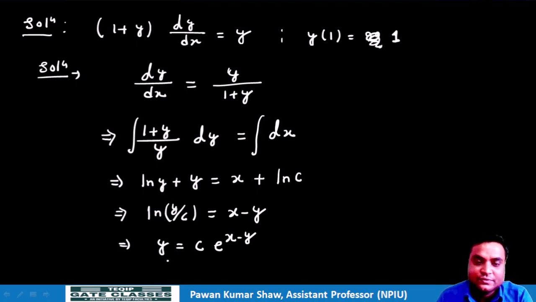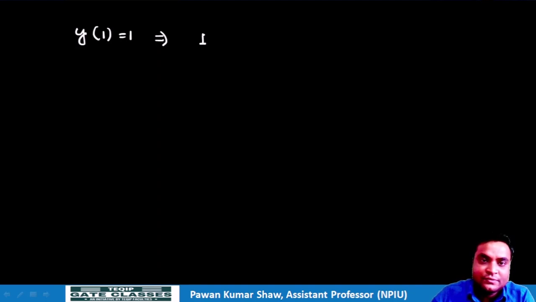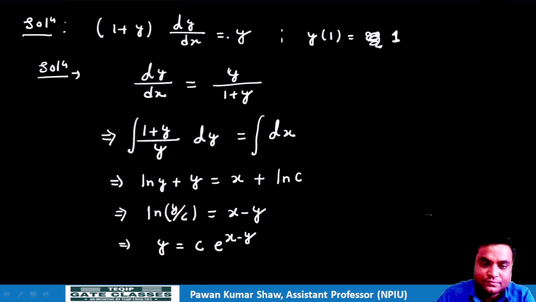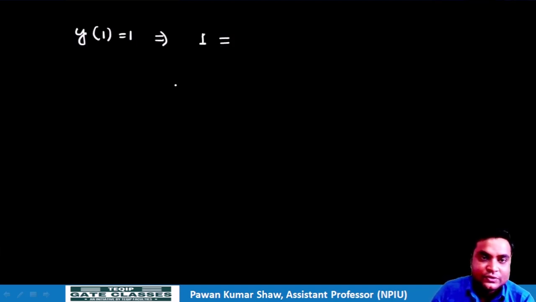So what can we write? What is y(1)? So y at 1, that is 1. So our 1 is equal to c times e to the power of x minus y. So what is x? x is also 1 and y is also 1. That is x naught and y naught, our (1, 1). So we can write c times e to the power of (x is 1 and y is 1). So we are getting e to the power of 0, that is 1. So the value of c will be simply 1.